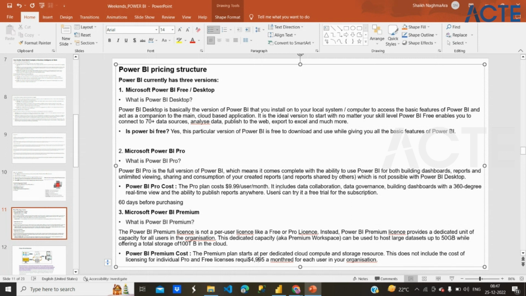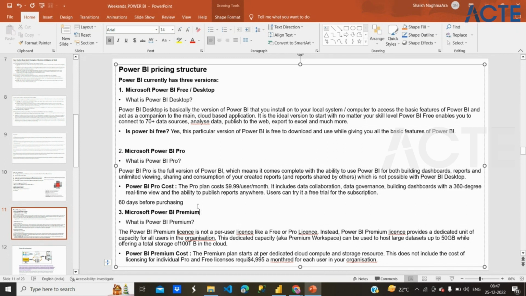Use it as a trial version for 60 days, and after 60 days it is going to expire, and if you want to use this again, then you have to buy it. This you don't have to buy, this is totally free. But as this is totally free, we have some restrictions on that. One more is the premium version, that is nothing but the premium